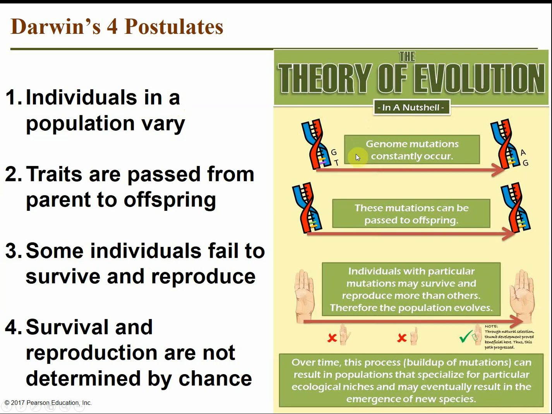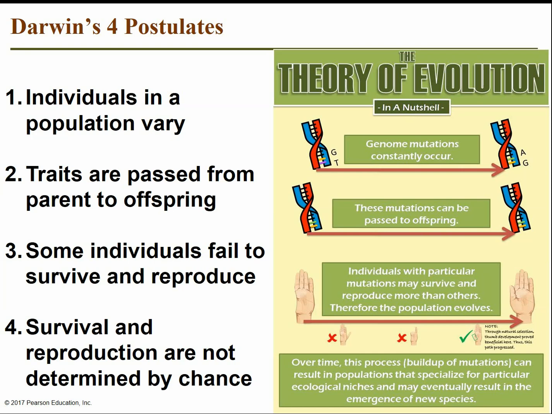These mutations are constantly occurring: mistakes in copying, other types of mutations, something changing the genome. If we change the DNA, that's going to change what protein is being made and what function or structure that organism will have. Since these mutations and traits are in the DNA, they can be passed to offspring in the next generation. Individuals with particular mutations may survive and reproduce more than others, so over time the population would evolve. The more offspring you can make, the more copies of your genes are in the population and the more they can spread.